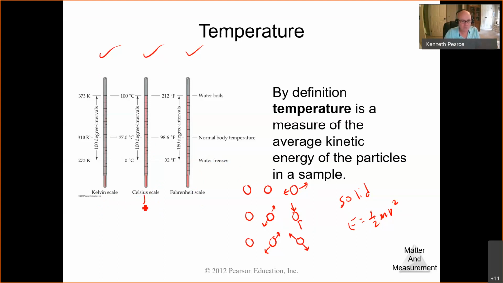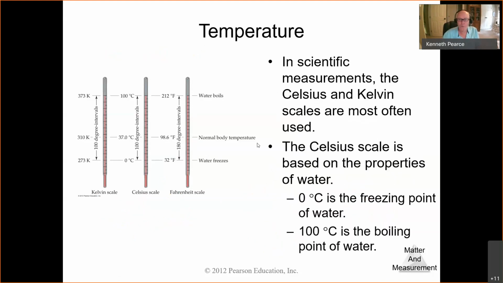But you measure in Celsius, and to go from Celsius to Kelvin, you say degrees Celsius plus 273.1. Is it 15? I think it is. Either 15 or 1. Yeah, it is 15. 273.15. So you just add 273.15 to the degrees Celsius, and that'll give you Kelvin. All right. And so Celsius we use a lot, and it's defined in terms of the boiling point of